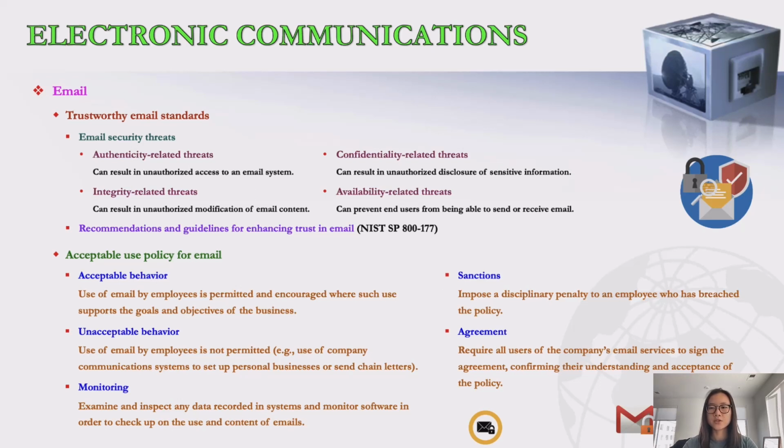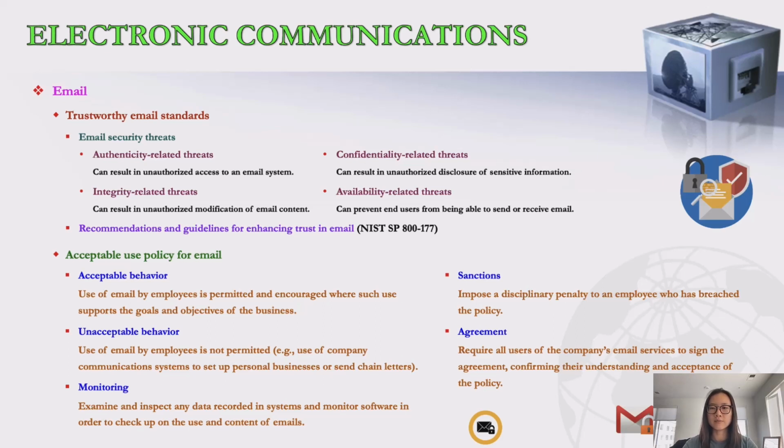Email security threats are generally classified as authenticity, integrity, confidentiality, and availability-related threats. Authenticity-related threats can result in unauthorized access to an enterprise email system. Integrity-related threats can result in unauthorized modification of email content. Confidentiality-related threats can result in unauthorized disclosure of sensitive information. Finally, availability-related threats can prevent end users from being able to send or receive email. To assist in addressing these threats, the National Institute of Standards and Technology special publication provides recommendations and guidelines for